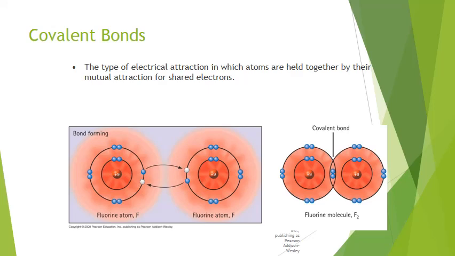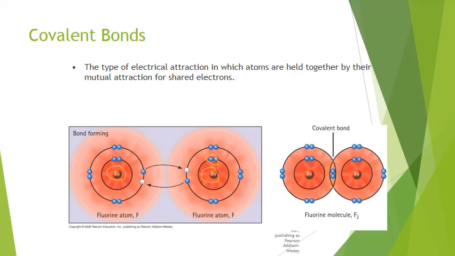So, for example, fluorine. Remember, fluorine has an atomic number of 9. Which means it's got 2 electrons in the first shell, and then that would mean 7 electrons in the outer shell. Of course, the outer shell wants to have 8. And so, one way that 2 fluorine atoms can satisfy their outer shells is by sharing an electron. We're actually sharing a pair of electrons, it turns out, because each one contributes one outer shell electron to the coupling,